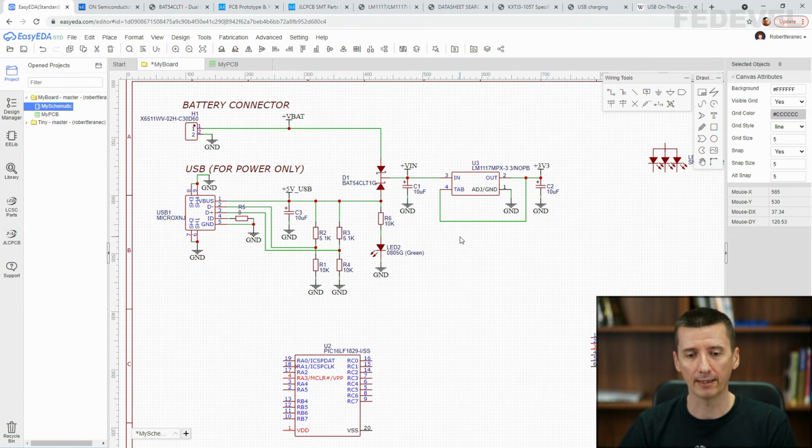However, when you are using a battery to power up your board, maybe you really don't want to waste the energy from the battery to light up this power LED. And that's the reason why it is connected only to this +V USB, because in this case, the power LED will only turn on when your board is powered from USB, but it's going to stay off. It's not going to consume any energy when your board is powered from battery. So we place it here to save the power from the battery.